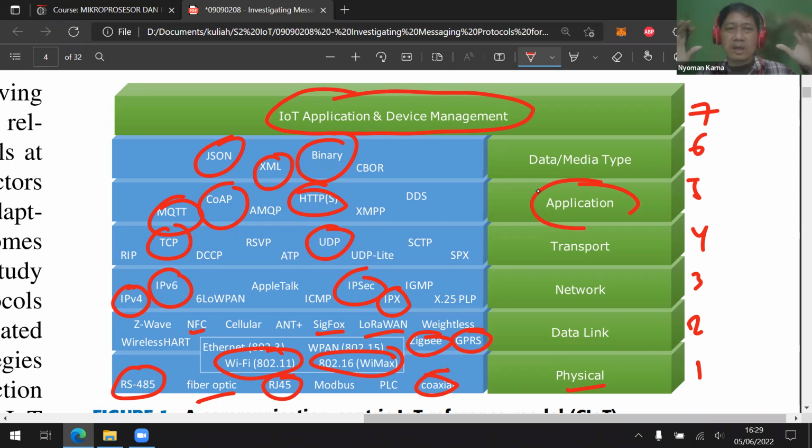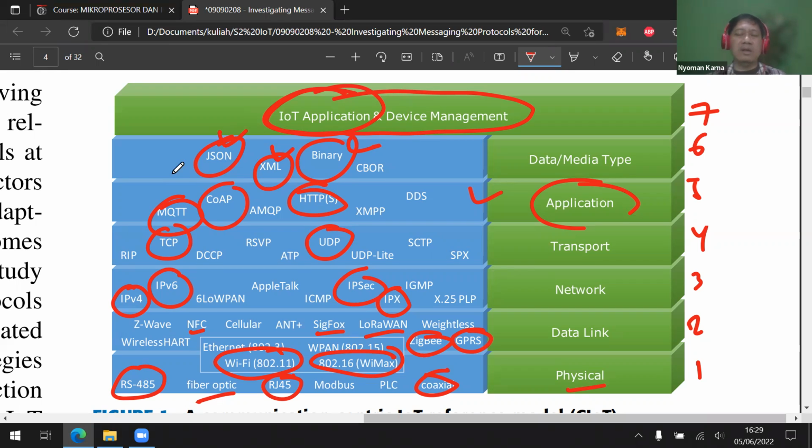And to collect the data, the IoT application is going to connect to the application layer using either JSON, XML, binary protocol, etc. Okay, that's how they describe the IoT reference model in the survey paper.